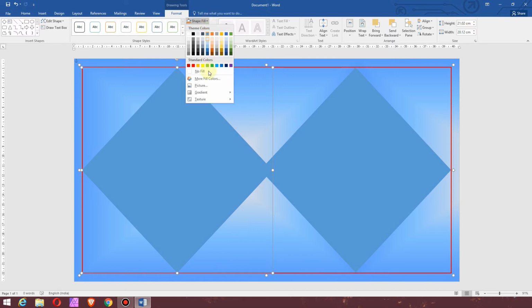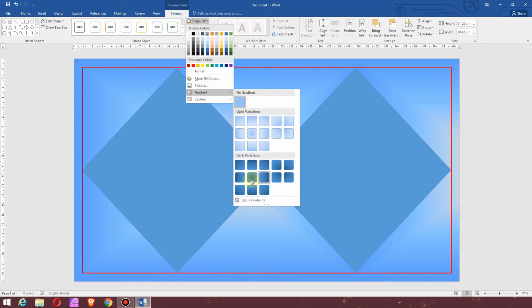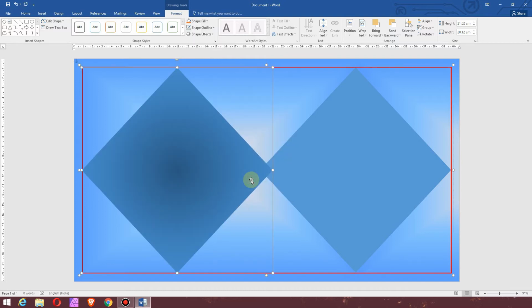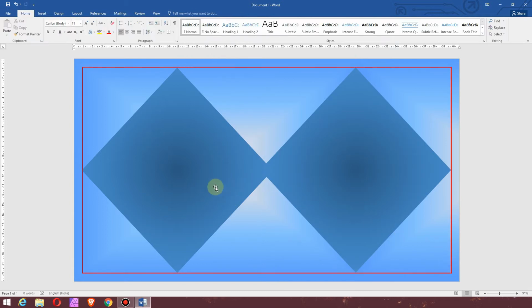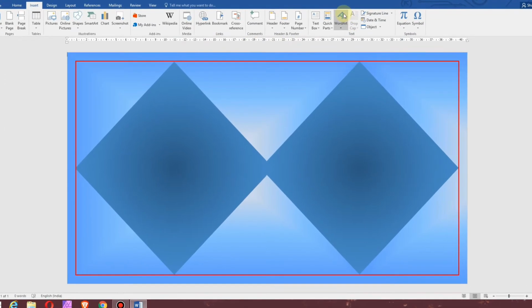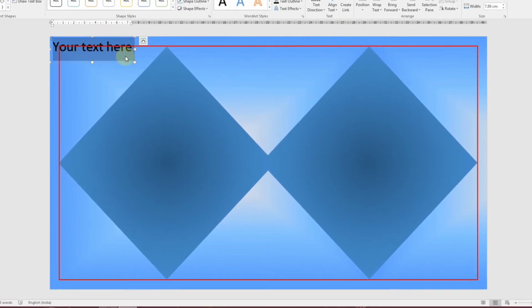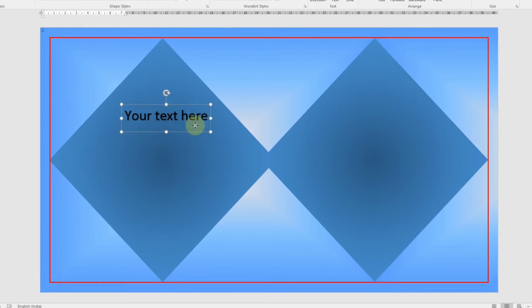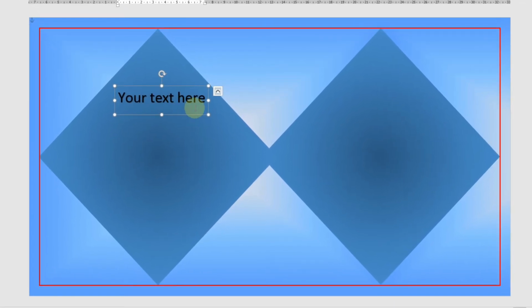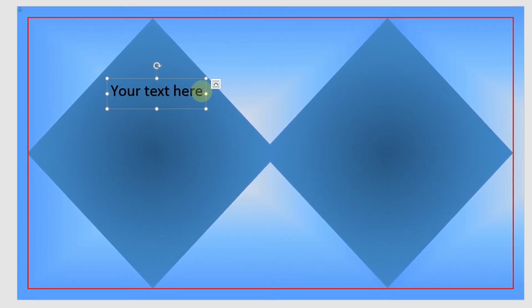Fill the shapes with the color of your choice from the Fill Shapes menu under the Format tab. Now go to the Insert tab and insert a word art. Drag the text box onto the diamond shape and edit the text to create a thumbnail.